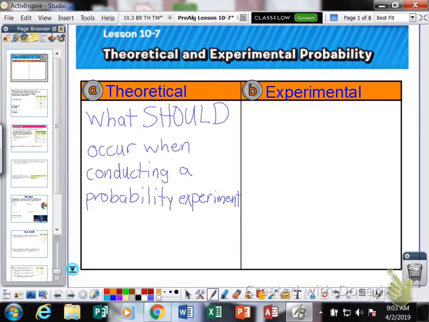Okay, so the key thing to remember there is this is what should occur when we are conducting a probability